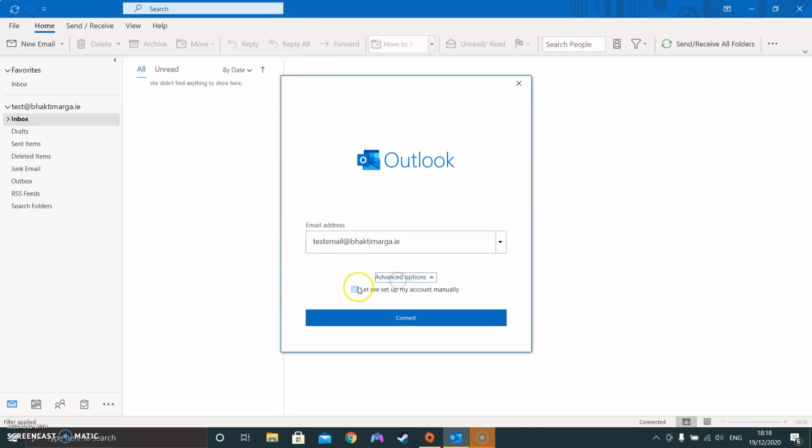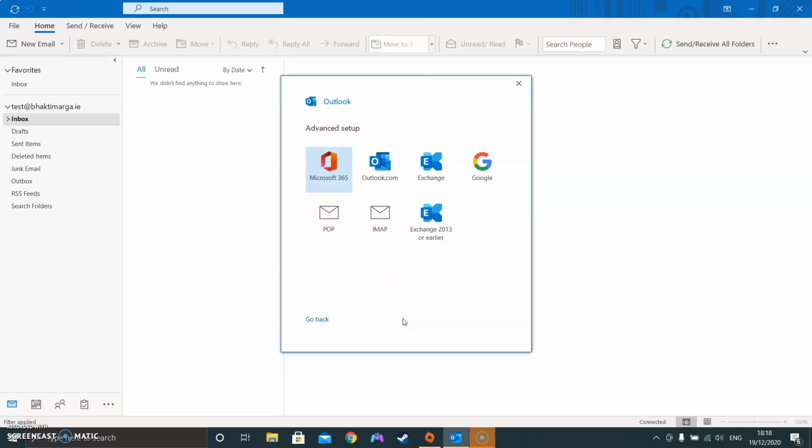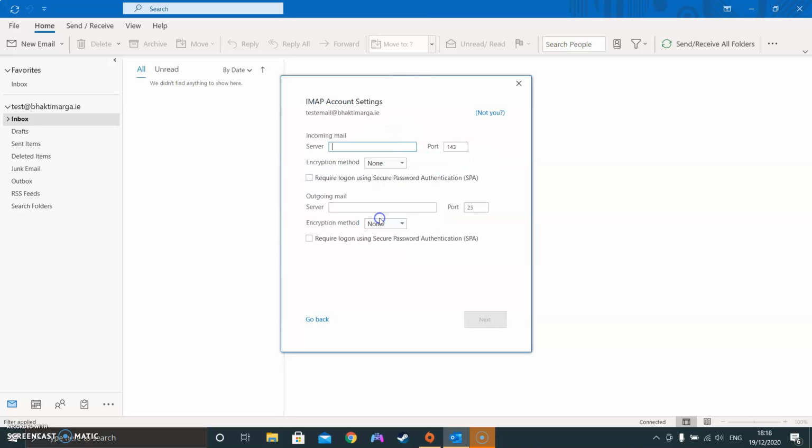Okay, I'm going to do that. They're going to let me set it up manually. Let me check that's the correct one. Yeah. Then what it's going to do is ask us which one we want to go for: IMAP. So the server settings are this